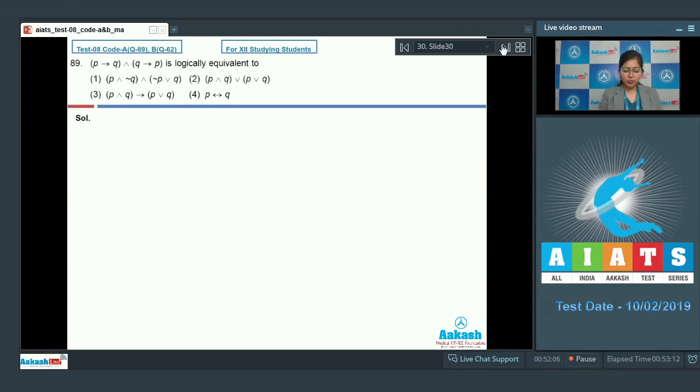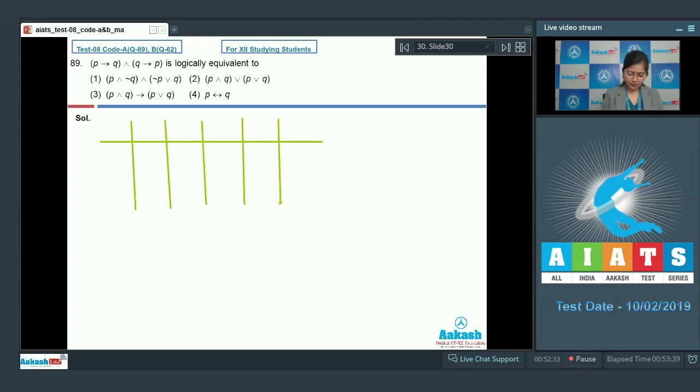Next is question number 89, which says that P implies Q and Q implies P is logically equivalent to. Let us solve it by truth table. Let us say this is P and this is Q, and this is P implies Q and this is Q implies P. This is T, T, T, F, F, T, F, F. Right? So here we will get T, F, T, T, and here we will get